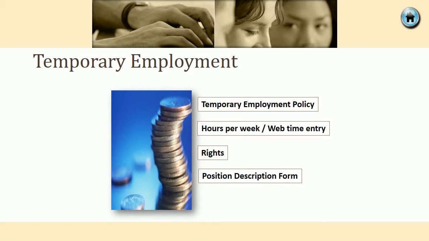Next, we will discuss what temporary employment means here at GTC. Please note that your assignment is for the period of time indicated on your temporary employee agreement. This period of at-will temporary employment cannot exceed 12 consecutive months. At the end of your temporary assignment, your employment will be terminated. You will not be eligible for rehire in a temporary capacity for a time period of at least 15 calendar